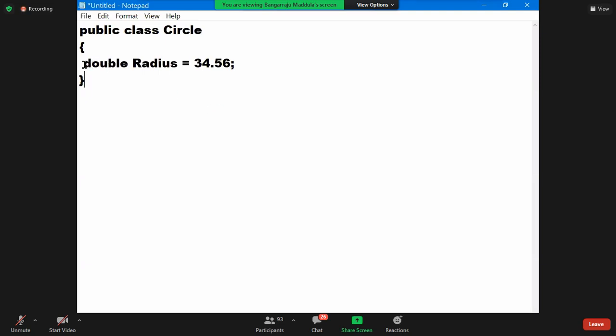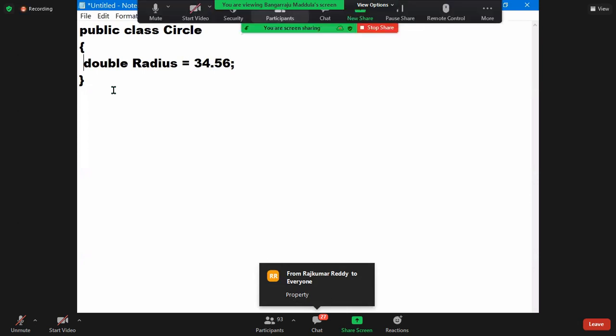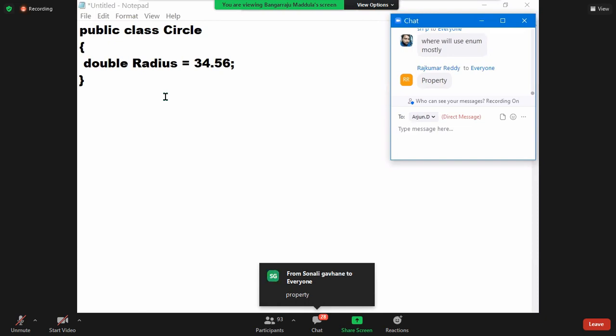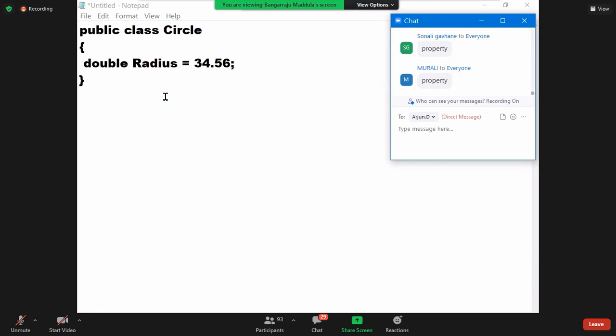Option number 1, declare it as public. Option number 2, define a property. Which one is better? Public or property? Property. The best option is defining a property. Why? Public means you don't have control on the value, but property means you have complete control on the value. You can write conditions in the code, read only access, write only access, read write access. All the things can be done. Are you clear? So you can just define a property, and property is the best option.